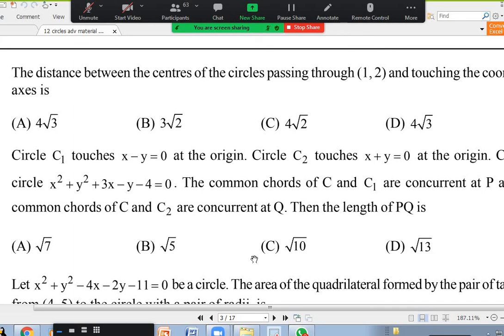Sir, for method 3, center p by 2 comma q by 2 is for the whole circle, no? Not that. The locus of the whole circle with that center, and these two are the ends of the diameter of our given circle. Center, this and this are the ends of the diameter. Is it okay? Oh yes sir.